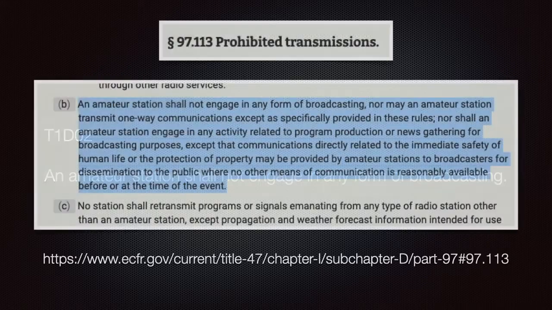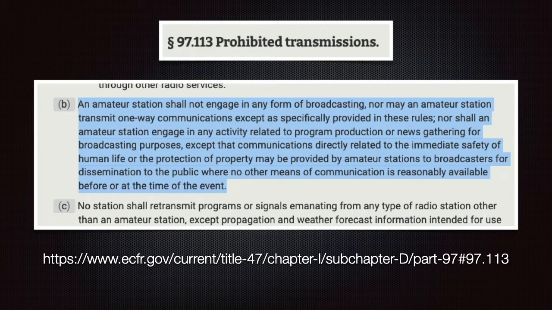We need to know that an amateur station shall not engage in any form of broadcasting. Question comes from Part 97.113, Prohibited Transmissions. It explicitly states, an amateur station shall not engage in any form of broadcasting, nor may an amateur station transmit one-way communications except as specifically provided in these rules.